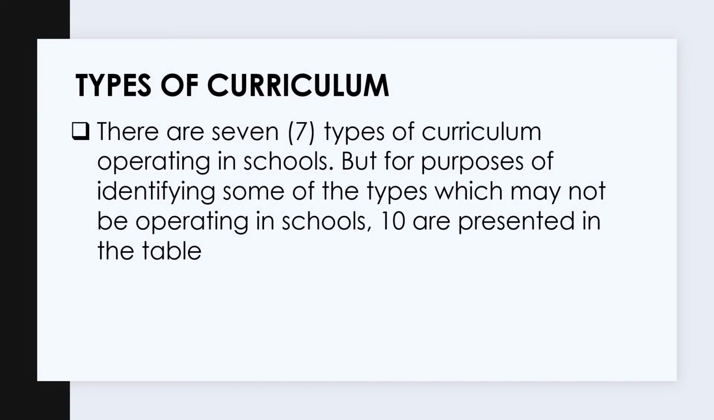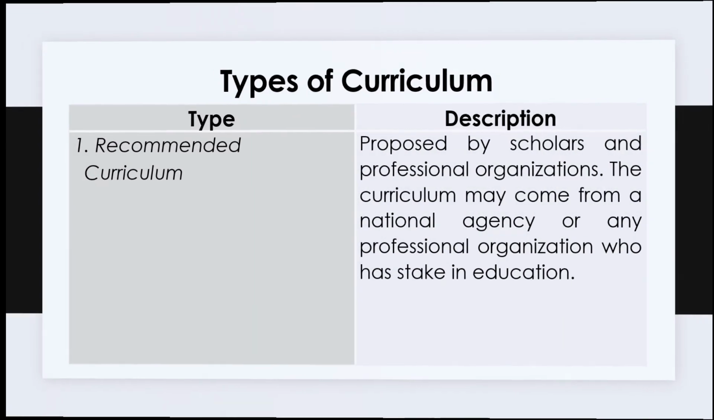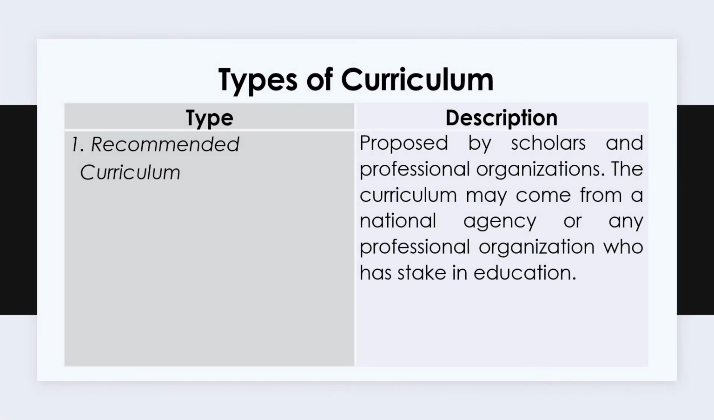Okay, there are 7 types of curriculum operating in schools, but there are 10 which I'm going to present. One here we have the recommended curriculum, proposed by scholars and professional organizations. It may be coming from a national agency or any professional organization who has a stake in education. So we have national agencies concerned about